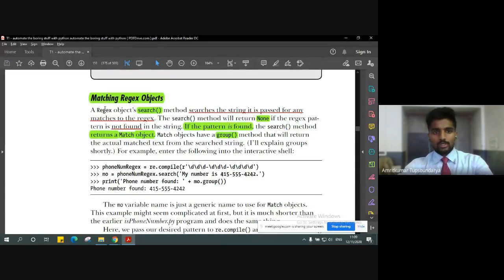We stored the matched object in a variable in order to print or display it when we want to.